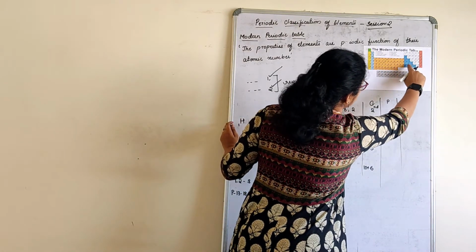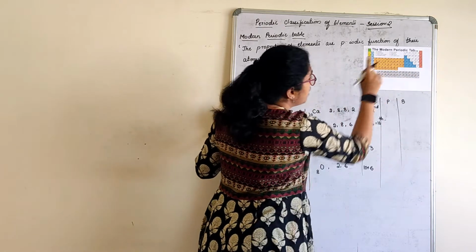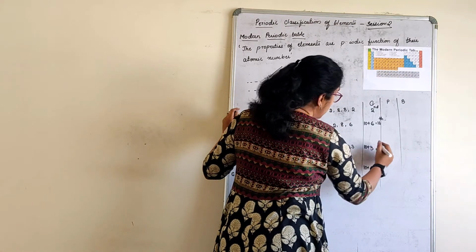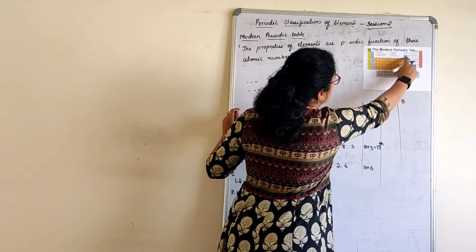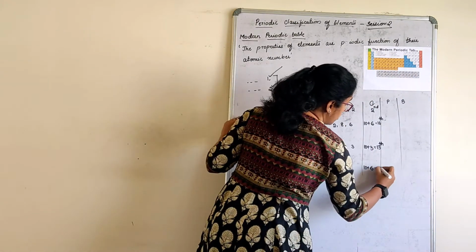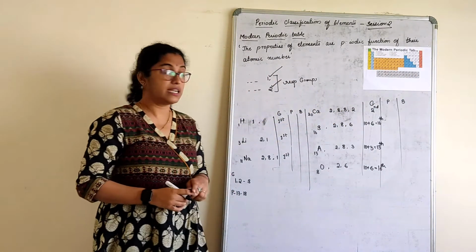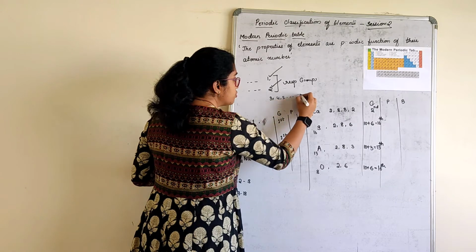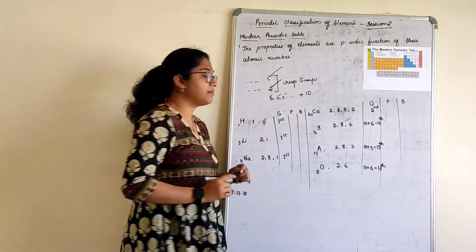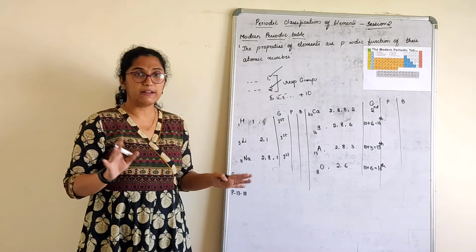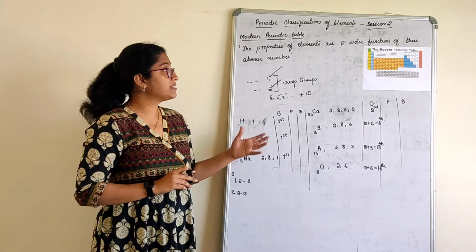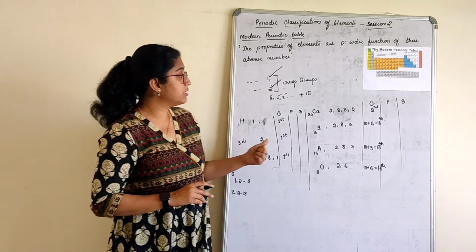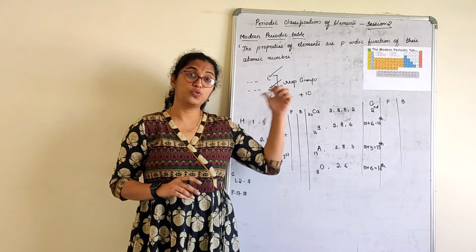Where is sulfur? It's here. Yes, it belongs to the 16th group. It comes here, right? 16th group. Aluminium belongs to the 13th group. Oxygen also belongs to the 16th group. Did you understand? For anything beyond 2, such as 3, 4, 5 and so on, add 10 to the respective number and it belongs to that group. Very clear? This is how we find the group. So tomorrow in the exam, if I ask you where potassium belongs, the last valence electron count in potassium will be 1, so potassium belongs to the first group.